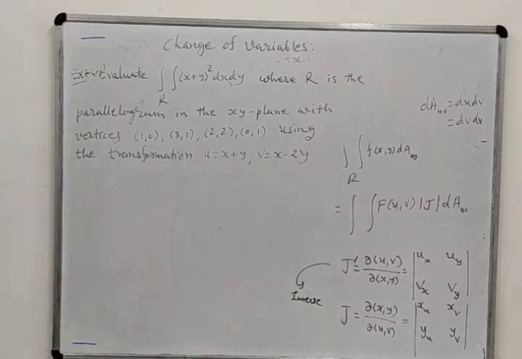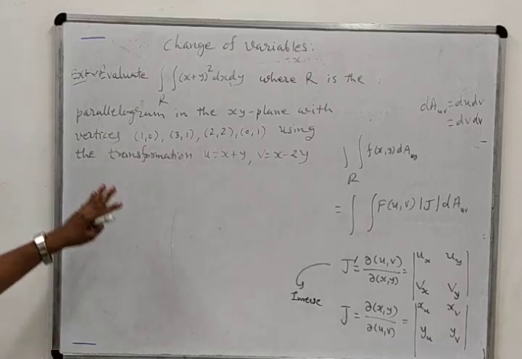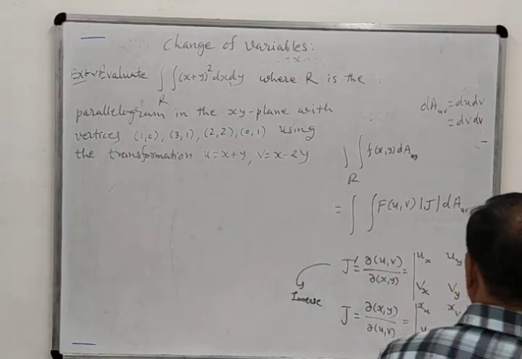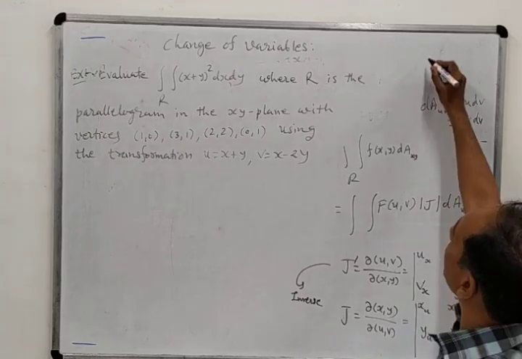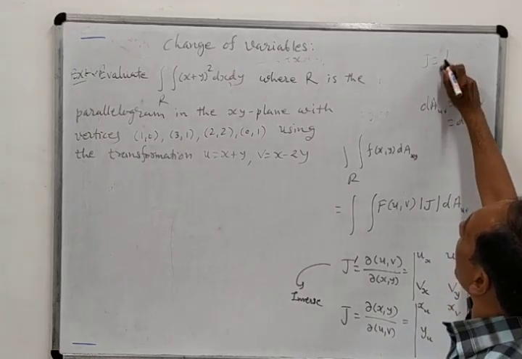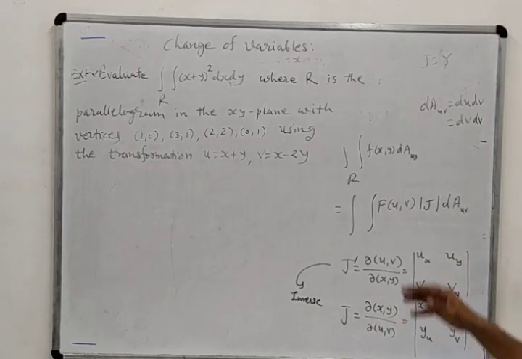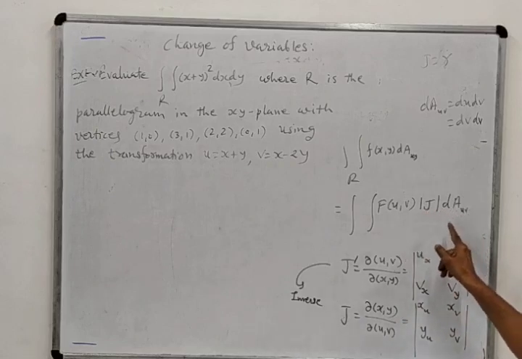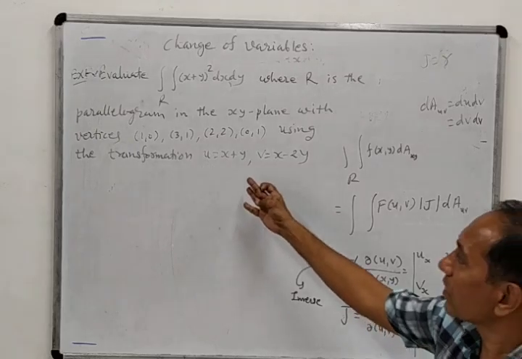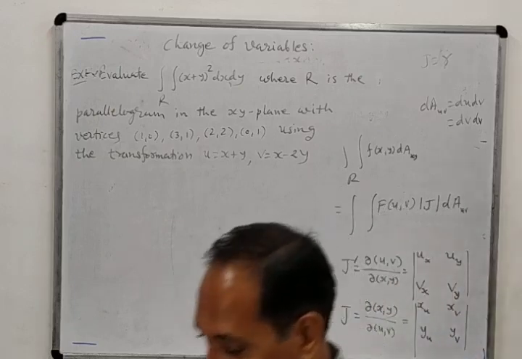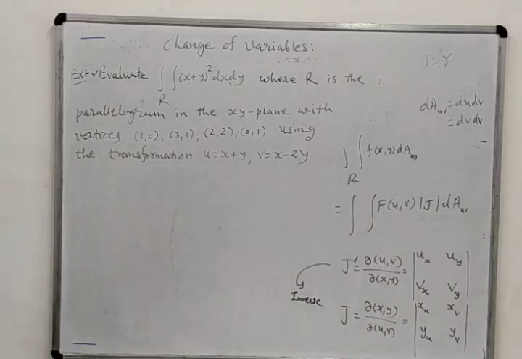So here we want to convert the Cartesian form xy into new variables uv. So the solving procedure is the same as polar coordinates. In polar coordinates we were not following these conditions, because there we directly knew that Jacobian J was r. This we already knew, so we were putting there directly r dr d theta. But here the transformations given may be different, so Jacobian J may be different. So we require to find the Jacobian first. Then the problem and the solving procedure both are simple.